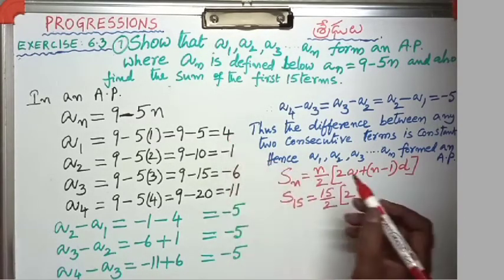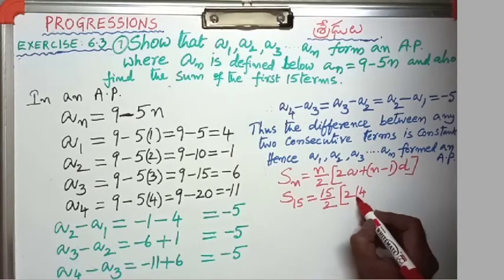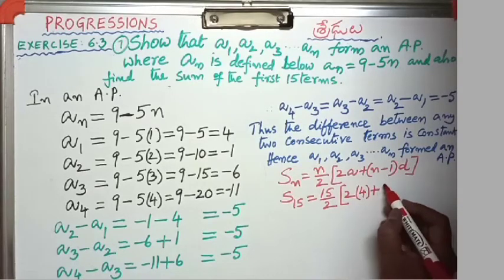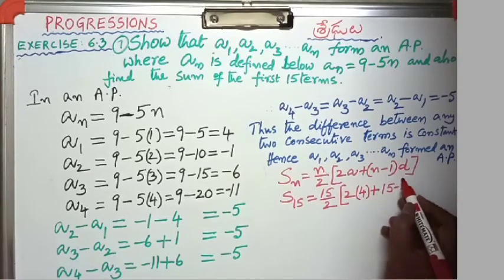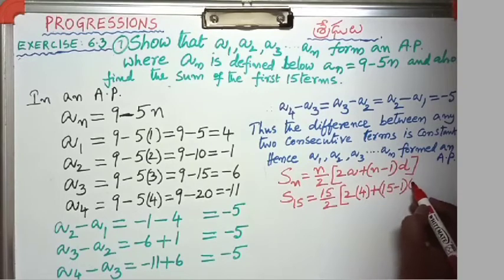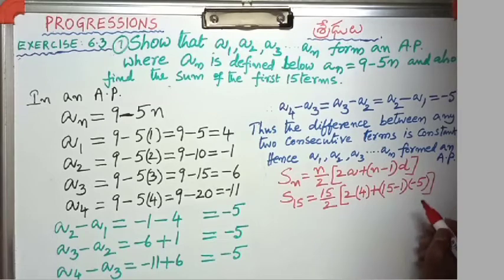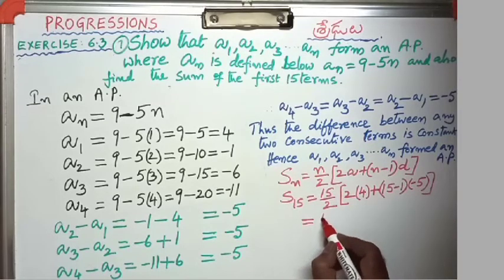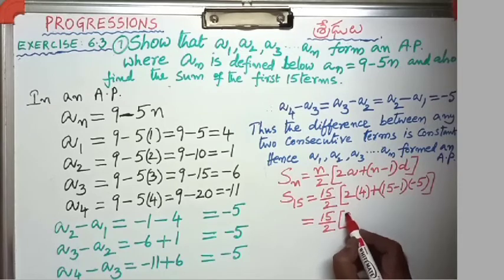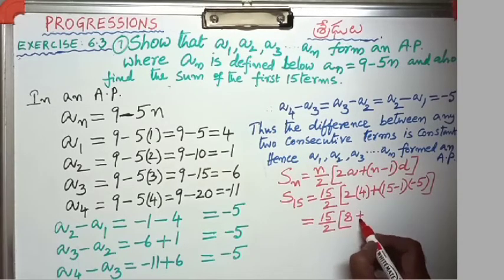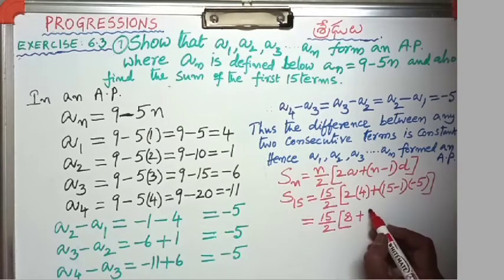A means a1, that is 4. 4 plus n means 15 minus 1. What is the d value? Minus 5. Okay now, that equal to 15 by 2 into 2 4s are 8 plus 15 minus 1 is 14